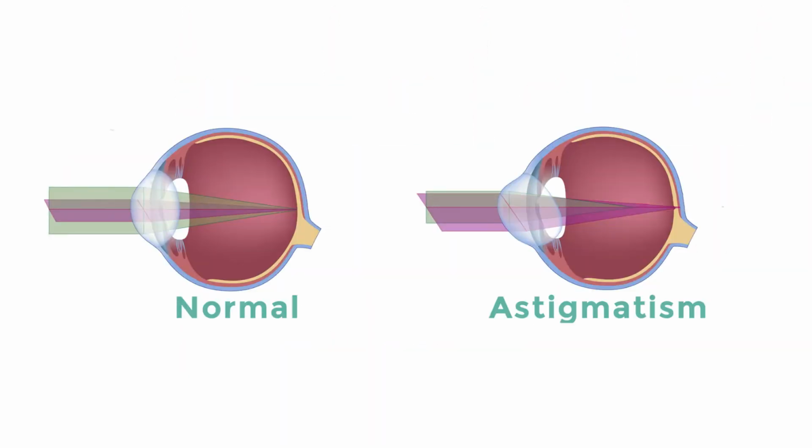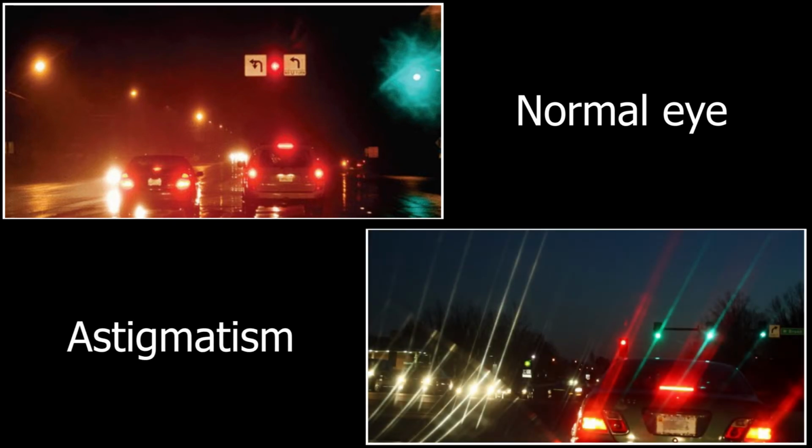Astigmatism is when your eye shape is a bit irregular. So instead of a spherical eyeball shape, your eye shape may be more like a football or rugby ball. This causes light to be focused on different points at the back of your retina, causing the perception of blur or distortion. You may notice the effects of this especially looking at lights at night, where lights can look streaky or have a starburst appearance.